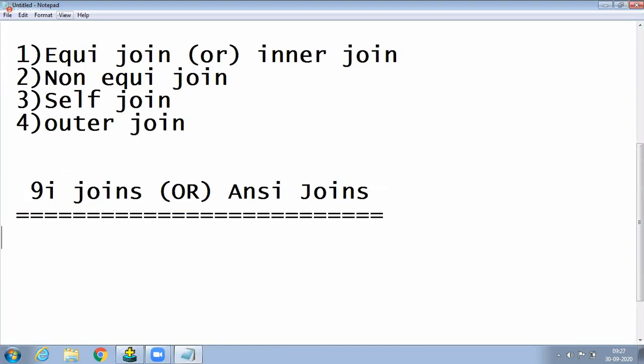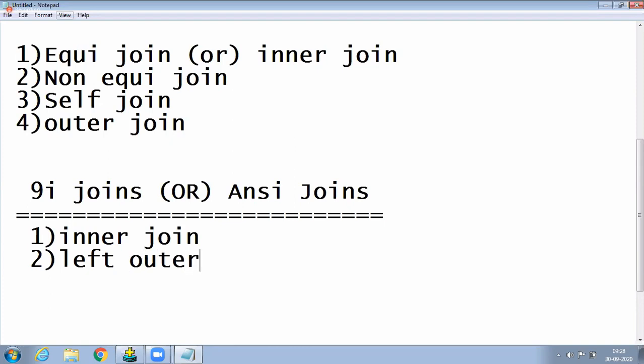What are the joins there? 9i joins means, first one, observe here, inner join. Second one is left outer join, or left join, outer is an optional keyword. Next one, right outer join.